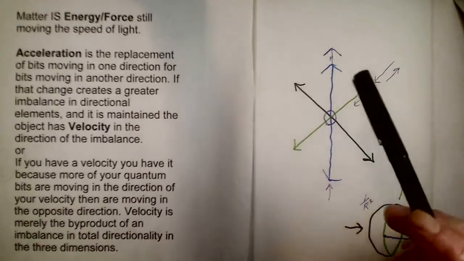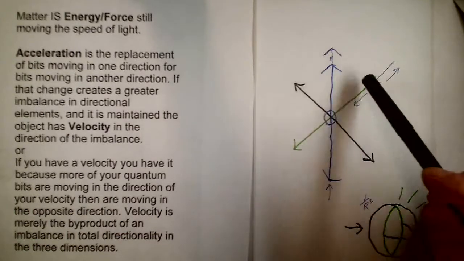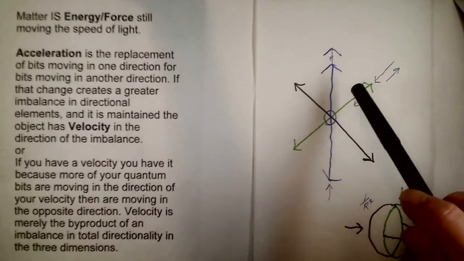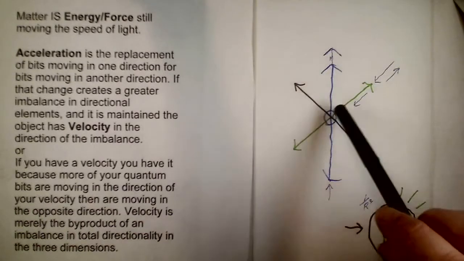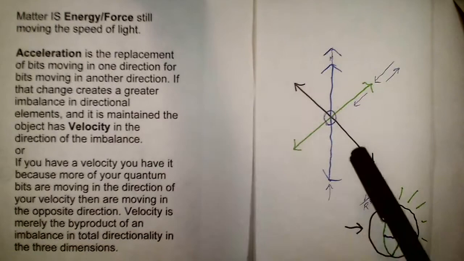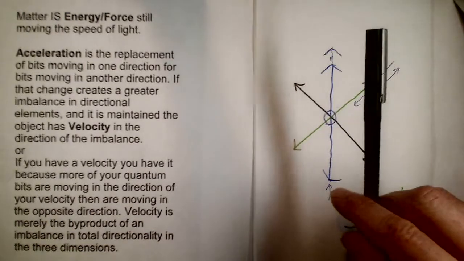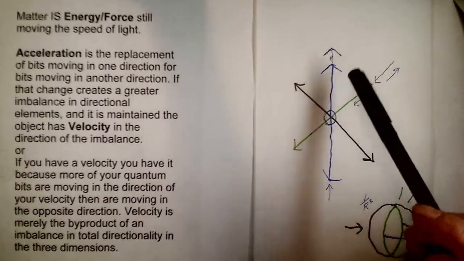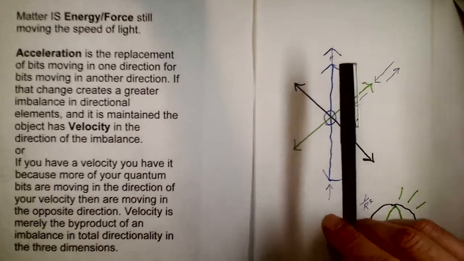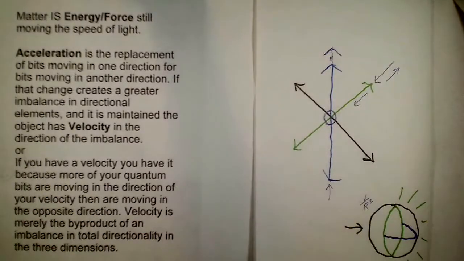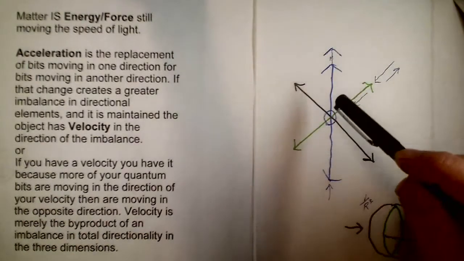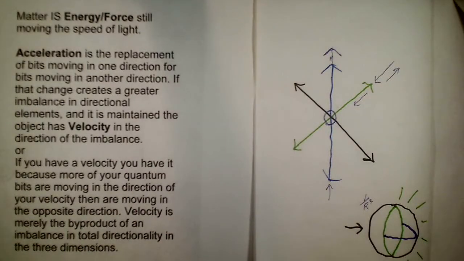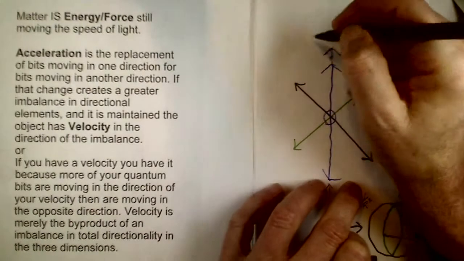So you could sort of understand that if what matter is representing is a bunch of stuff moving in these 3 dimensions, and if I was to take just one of these pieces, that's moving the speed of light in one direction, you can't really bother it in any other direction. So that's why forces can't be affected. It's because they only have mass in the direction they're moving. So they can plow into something, but if they hit something, then they'll just create a reflection, and you really won't be able to tell that something happened. So we're sort of back to that argument.